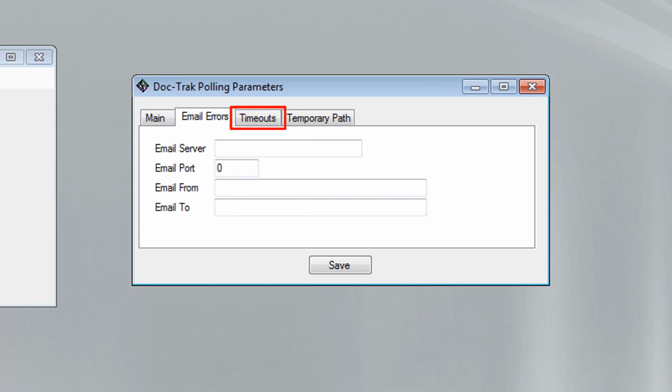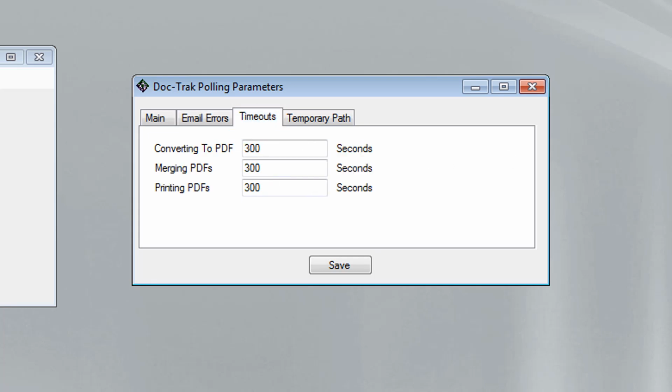In the Timeouts tab, enter the number of seconds to let processes run before they time out and generate an error message. The three processes are converting to PDF, merging PDFs, and printing PDFs. The next tab is labeled Temporary Path.